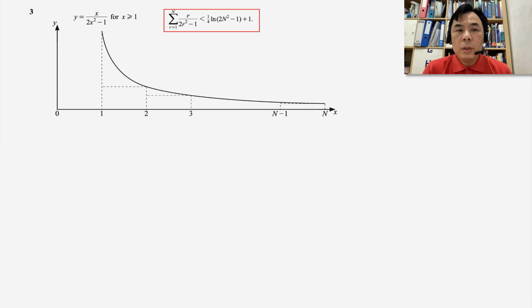This is the first part. We're going to prove that the one that I highlighted in the box here, I have already removed the question so that we can concentrate on what we are supposed to do, to prove that the summation of this series should be less than this. All right. What we are looking at is actually the upper bound for this summation. Right. So by considering the area, all right, now we know that the area under the curve, the sum,